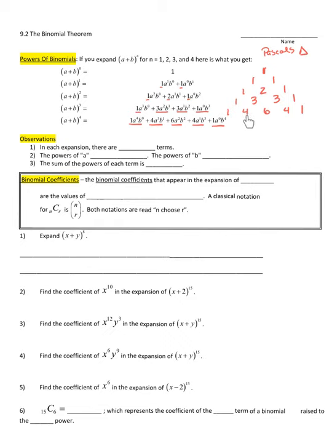Going down to this row, we have 3 plus 1 is 4. 3 plus 3 is 6. 3 plus 1 is 4. Notice that we start and end always with a 1. Okay? So that means that hopefully